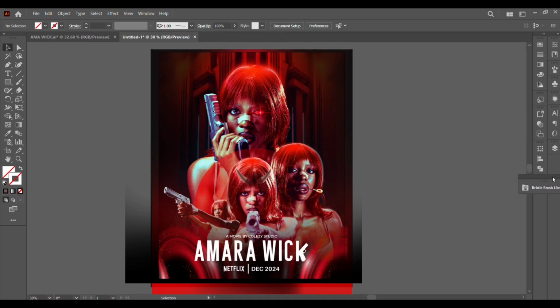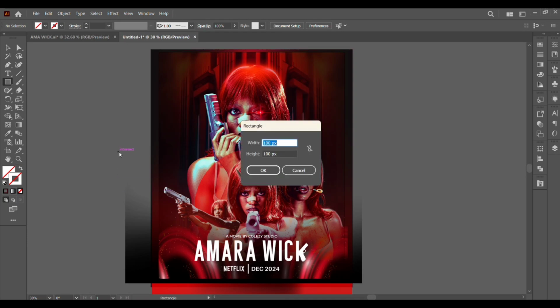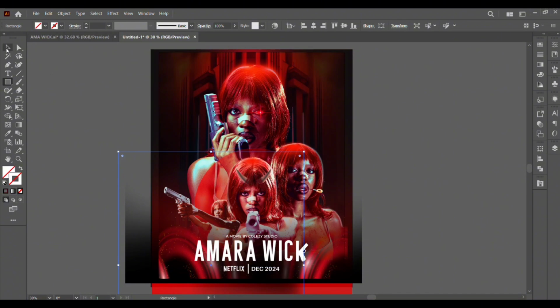And the last thing we are going to do is to create a clipping mask around all of this. So just go here, create a layer, go to the shape tool, we can tap on it and click on 1080 for the width, and the height 1350, and click OK. The shape is going to be created. So the next thing we are going to do is to ensure that this shape is in the right place. So we'll drag it,